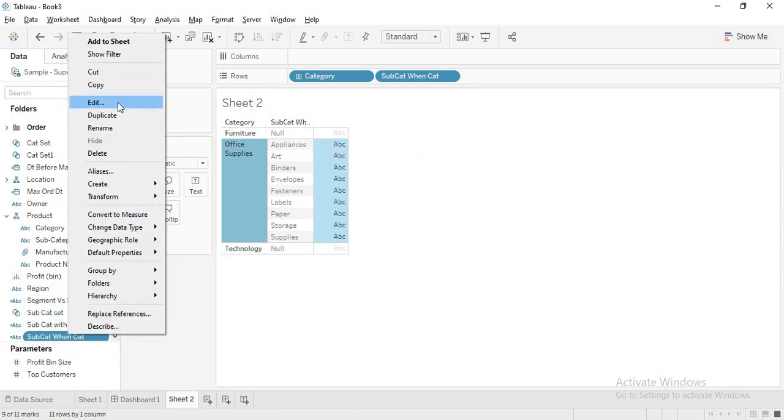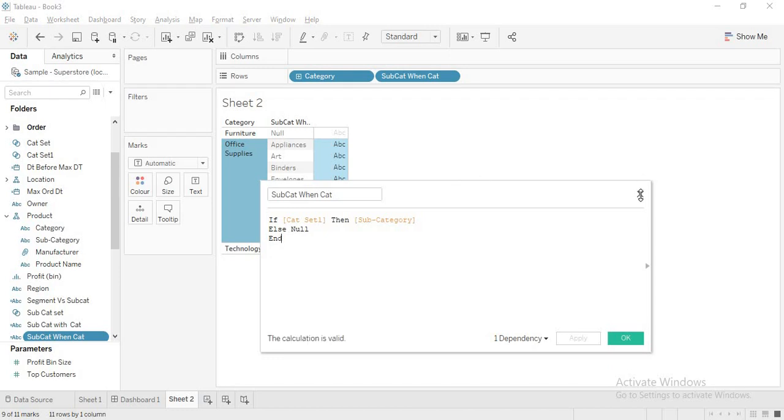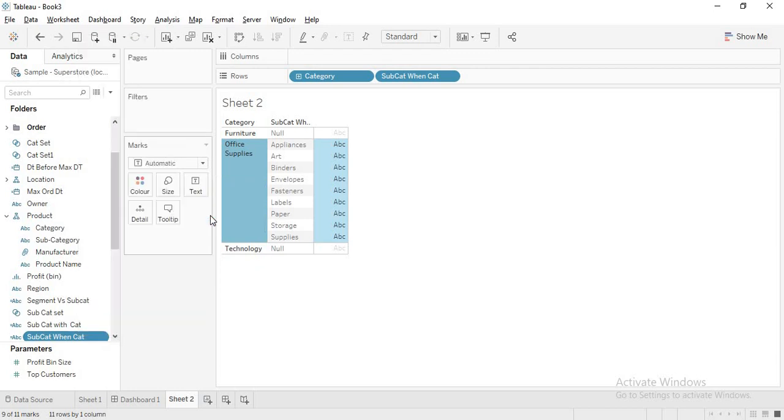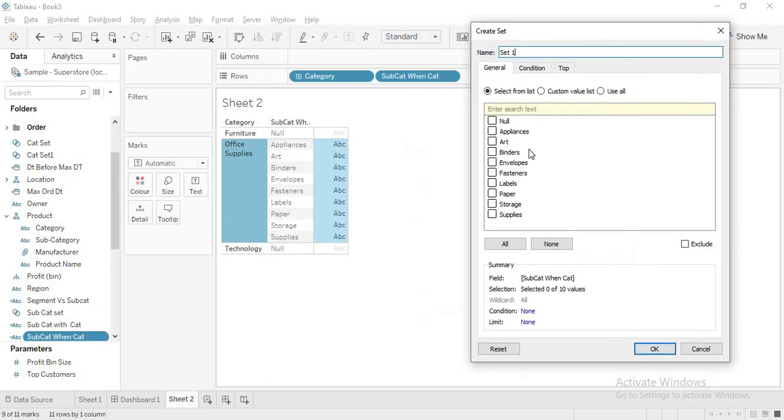Now see, I just wanted to show you this also. Okay, sorry, I'm doing a lot of, yeah, create set. Now see, I can only see the members. Now what is the advantage of taking this field? We can only select those members that are currently present. So here I am selecting some, doesn't matter whatever you do, and I am saying this as subcat set 2, or set 1. Already it is, okay, let it be 2.